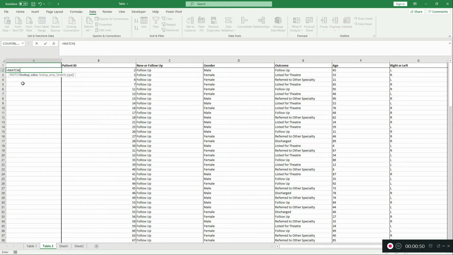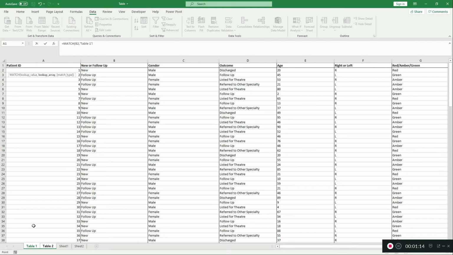And what I need inside this formula is a lookup value, so a value we're looking for, and the array in which we're trying to find the value. So firstly, lookup value, if I click in this cell here, this is what we're trying to look for, and I click comma, and then I go for my array. So what I'm trying to do is find this value in table 1. So I go into table 1, and the array I want is this patient ID column, so I highlight the whole column,